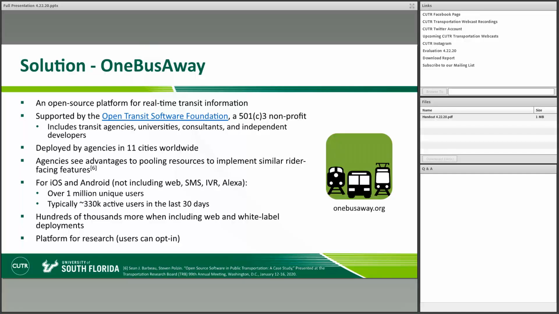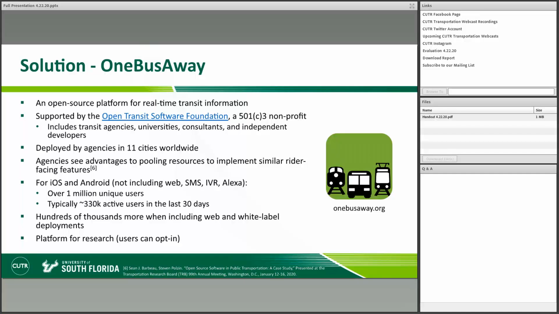And then too, the reason why the University of Washington was originally involved with this is that it's a platform for research, for understanding how users use the technology and how the technology impacts the users. So this was something that we looked at to potentially leverage the existing OneBusAway open source apps that are deployed to a large number of users, and then add the ability for users to opt in if they would like to contribute travel behavior.